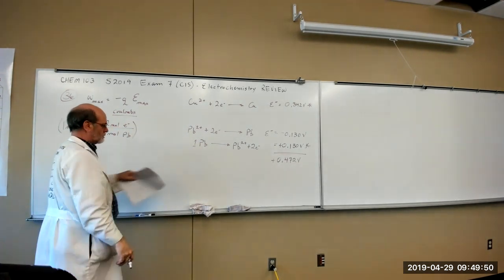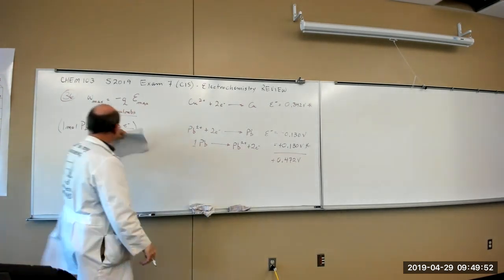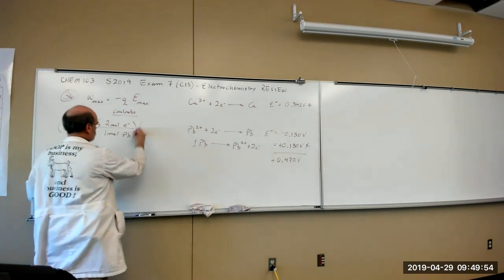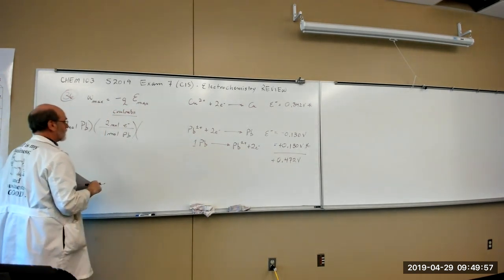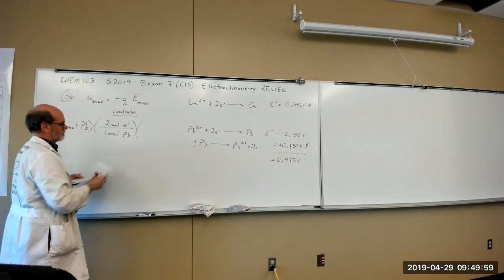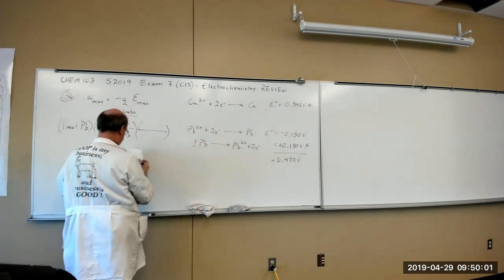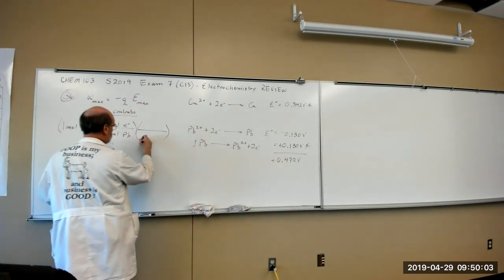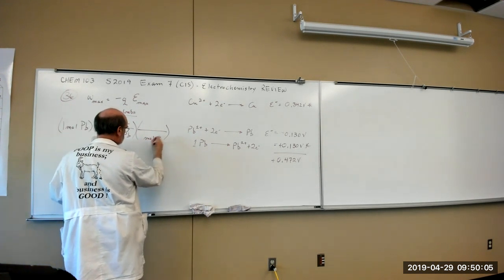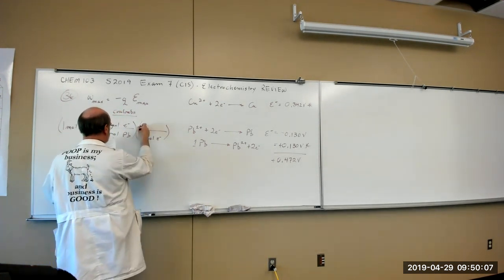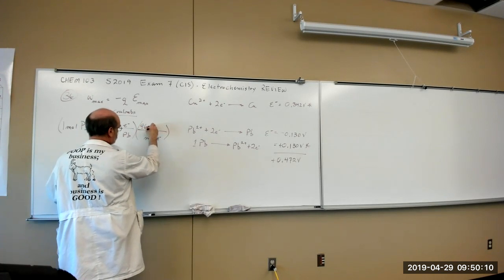That's the ratio, 1 to 2. So we got 2 moles of electrons, but that's not coulombs. How many coulombs are equal to a mole of electrons? 96,485